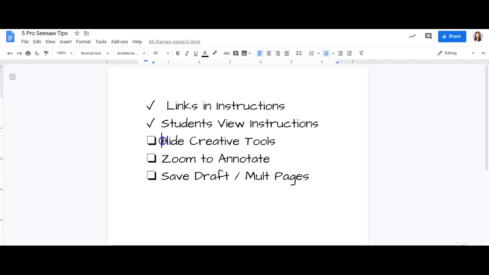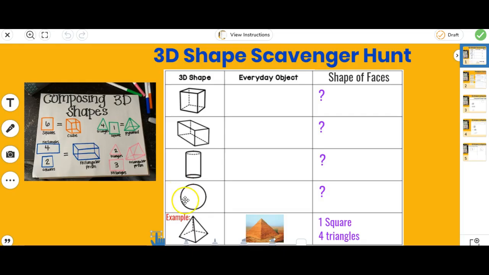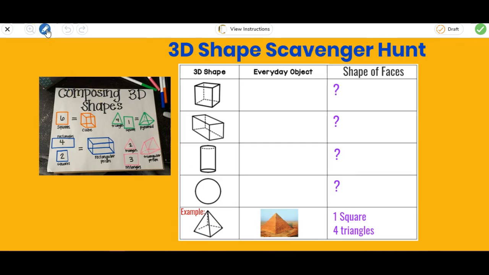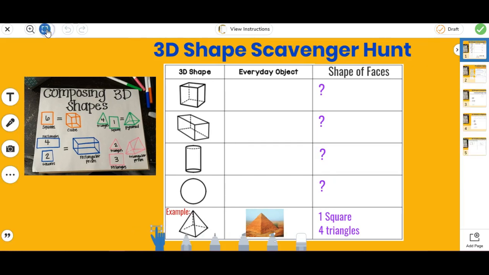The third pro tip is showing students that they have the right to hide creative tools if needed. If I'm in the same activity, you can see all of my creative tools at the bottom. These creative tools aren't really in the way of my activity, but if I wanted to hide those, maybe these were covering up like an image or a box I was needing to edit in, you can just click on this square up at the top left-hand corner to hide creative tools, and then pull them back in when you're